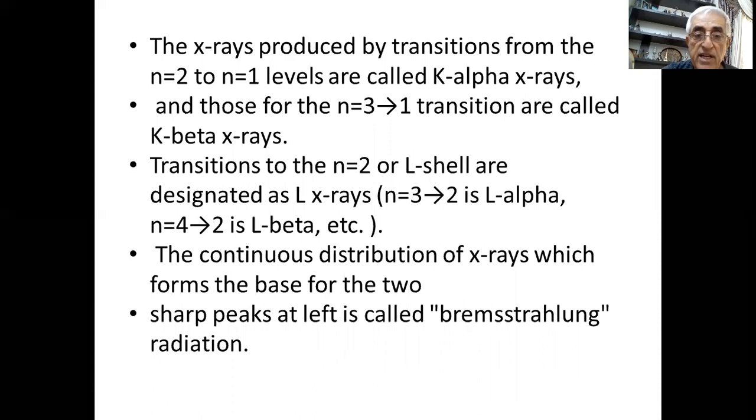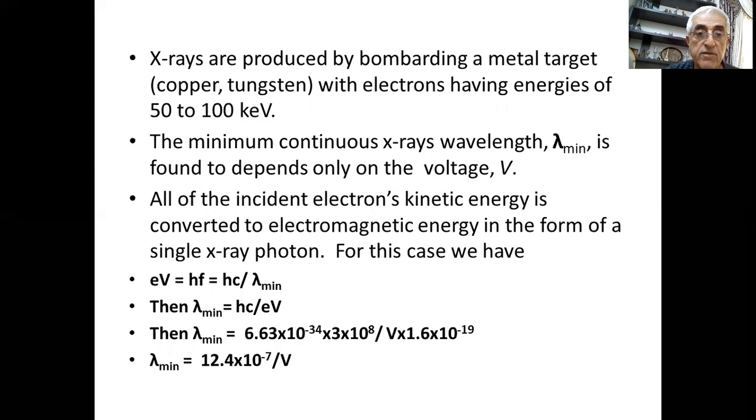Transitions to the level n = 2, or L shell, are designated as L X-rays. n = 3 to 2 is L alpha, n = 4 to 2 is L beta, etc. The continuous distribution of X-rays, which forms the base for the two sharp peaks at left, is called Bremsstrahlung radiation. X-rays are produced by bombarding a metal target, copper or tungsten, with electrons having energies of 50 to